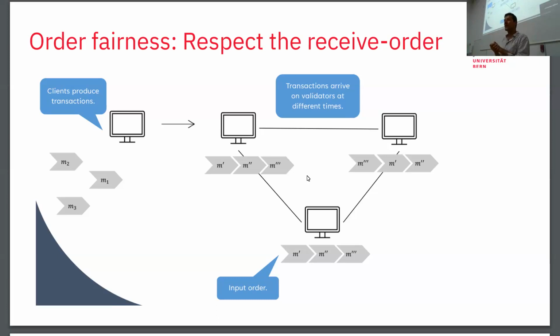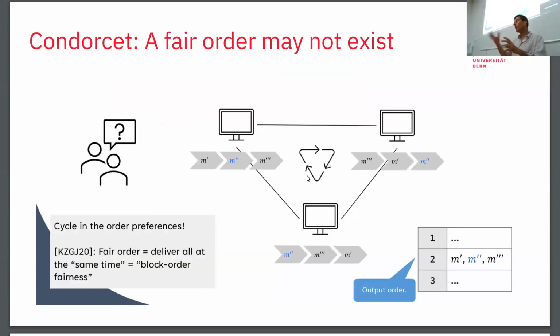Can we not say that if a transaction is received by all of them before another transaction, we're going to put it out before the other transaction? Yes, we can say this. However, we cannot do this in every case because from voting and from personal preference expression, we know that we could create cycles. It could be an easy case where every input transaction appears before every other in as many cases around the network as there are. So here we cannot decide at all.